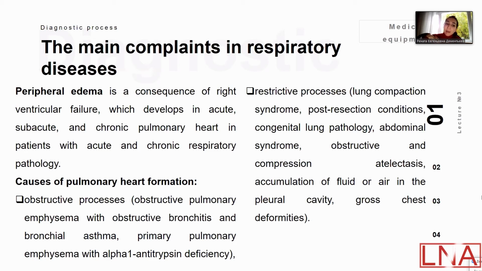First group, obstructive processes: obstructive pulmonary emphysema with obstructive bronchitis and bronchial asthma, and primary pulmonary emphysema with deficiency of alpha-1 antitrypsin. Next group, restrictive processes: lung compaction syndrome, post-resection condition after surgical intervention, congenital lung pathology, abdominal syndrome, obstructive and compression atelectasis, accumulation of fluid or air in the pleural cavity,